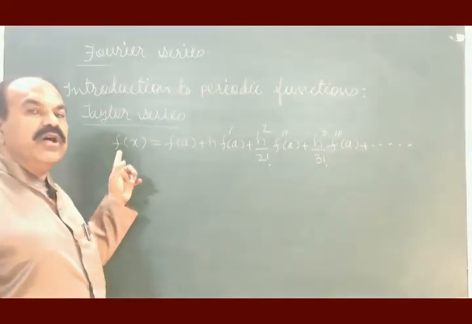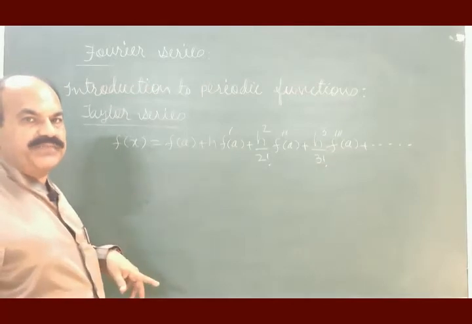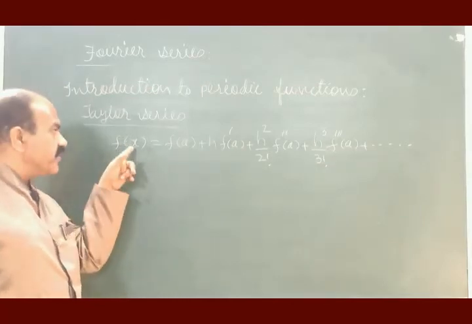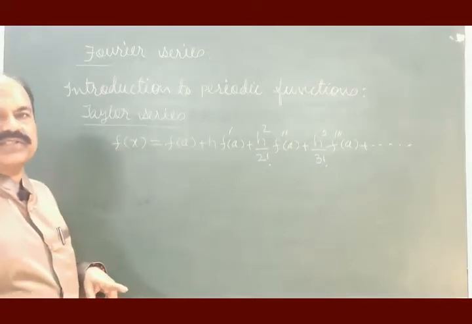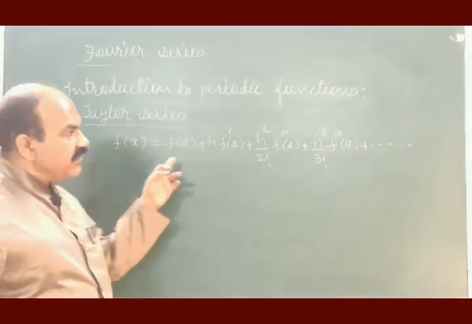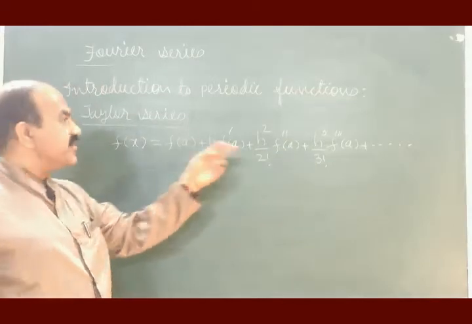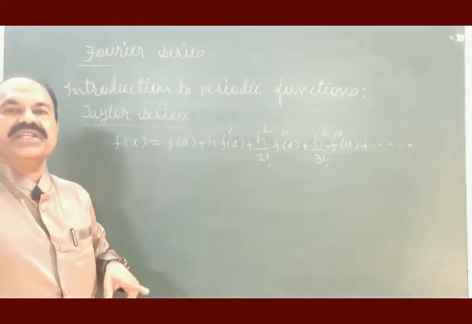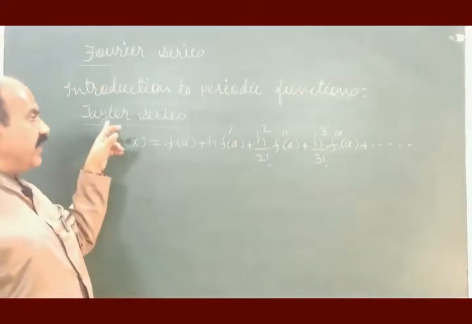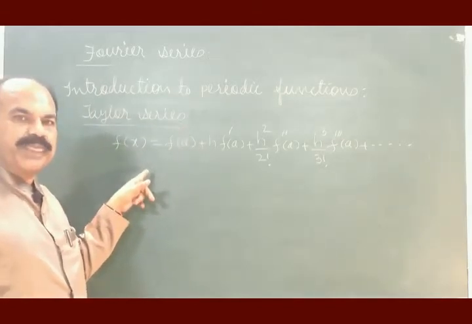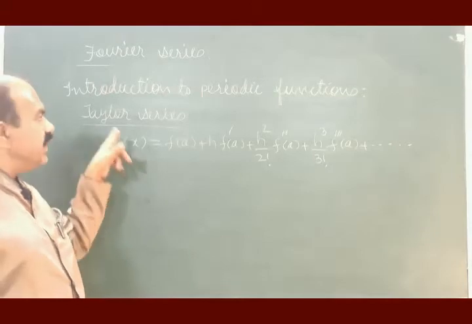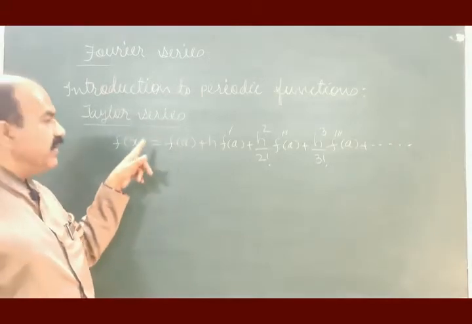We have a continuous function f of x. Then this function f of x can be represented in the form of series using Taylor series approximation. If we apply Taylor series to continuous function f of x, the function f of x in Taylor series form